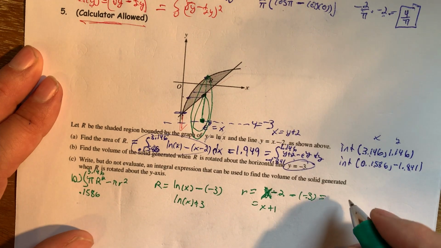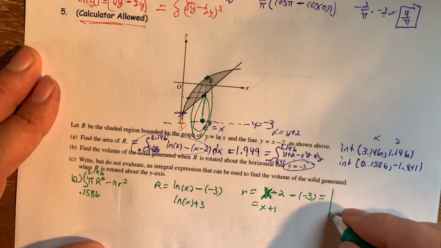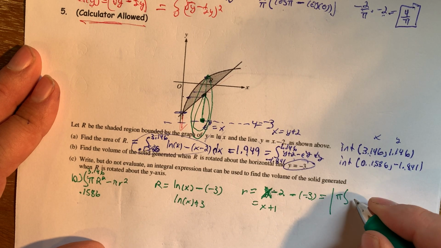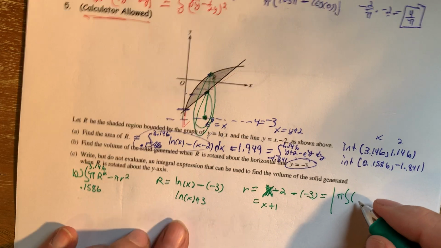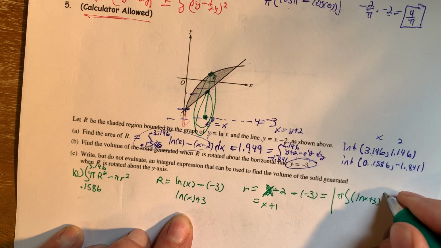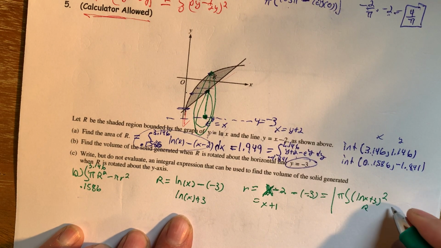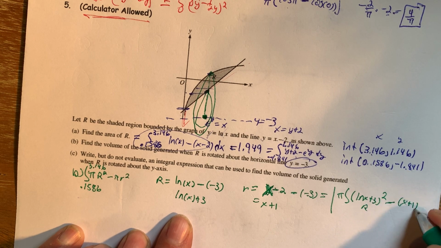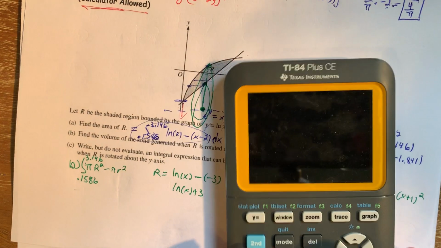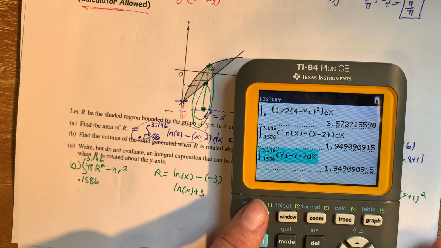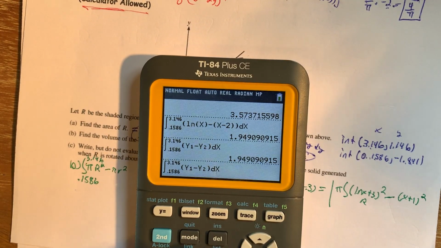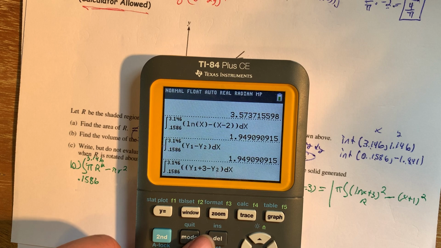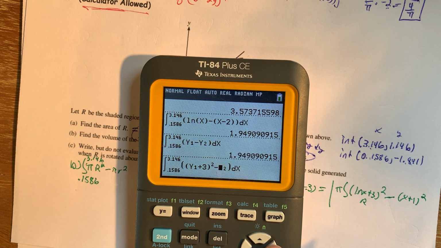And so, again, I could leave it like this, or if I wanted to, I could put the integral, and I'm going to take the pi to the outside, of natural log of x plus 3 squared, that's R squared, right, minus x plus 1 squared. And this is a calculator problem, so I'm just putting it in the calculator. So, okay, here it is. This is y1 plus 3 squared minus,